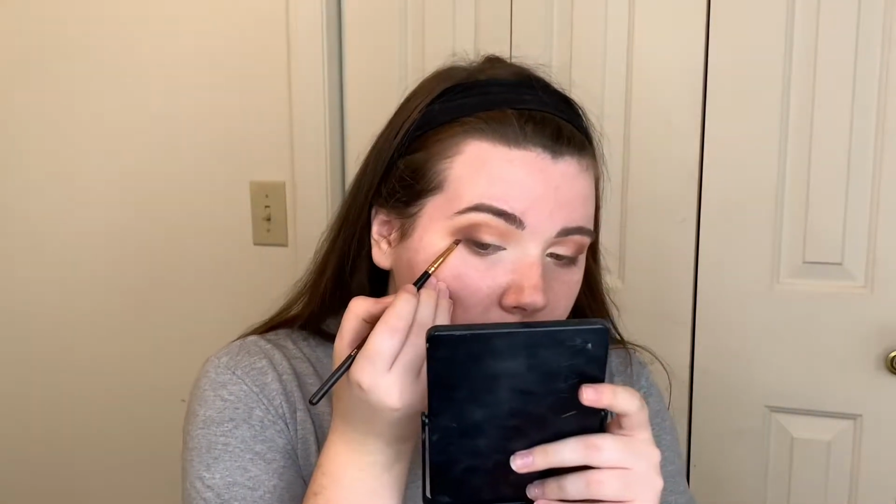You can obviously go a step darker, or you can even use gel or liquid liner, but since I wear mascara, like I've said many times, I just think that liquid liner overpowers my eyes and just makes me look like I have no eyelashes and just makes my eyes look a little bit smaller. So since I don't wear falsies, I like to just do an eyeshadow for a liner because I think it just looks a little bit more natural and almost just looks like your eyes are naturally that way, unless you look really close and look at the eyeshadow liner. But yeah, so we're just gonna line